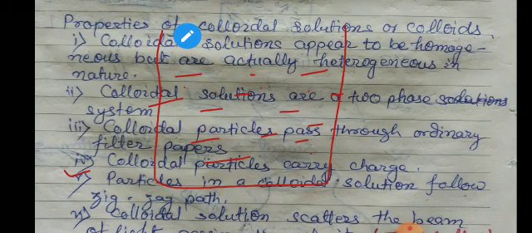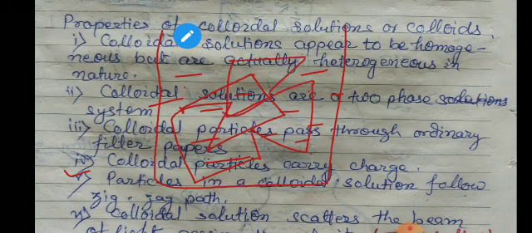They move continuously from one place to another, and the movement is in a zigzag path. They do not keep moving in a straight line. Suppose the particle was at this position, it moves from here to here, here to here. In this way they go on moving, and this movement is known as zigzag